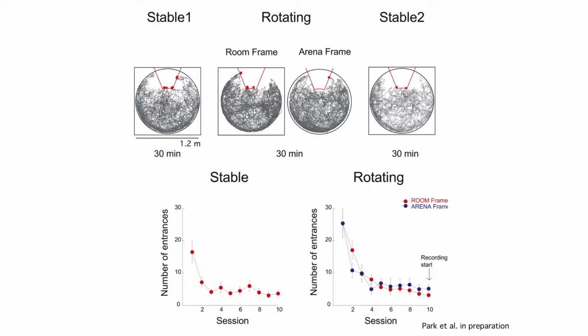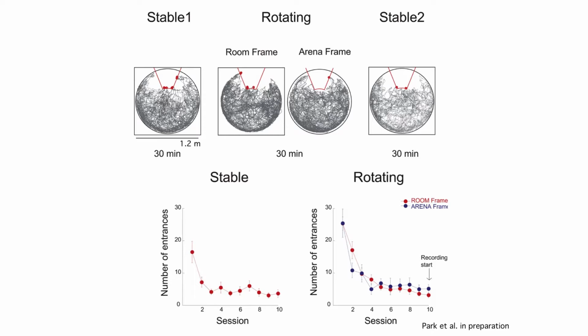So the first thing is, here's what the learning curve looks like. When Hay trained these animals, it's a little bit different than what we typically did because we wanted to record cells in the medial entorhinal cortex. We had a somewhat larger arena. The arena is 1.2 meters in diameter. And you can see here that this is the trial structure. Each session was 30 minutes long. It would be stable. Then we'd rotate it for 30 minutes. Then we'd stop the rotation again. And here's what the learning looks like when the arena is stable and when the arena is rotating.